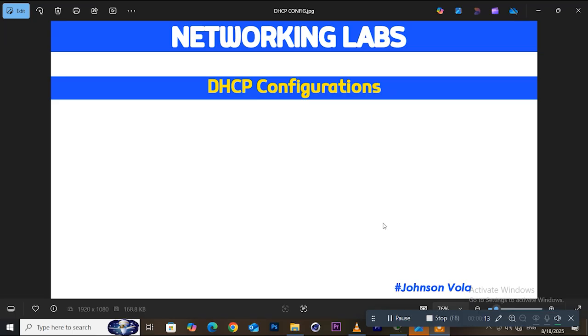And today we are going to be looking at DHCP configuration, that is Dynamic Host Configuration Protocol, whereby you automatically receive an IP address on your communication devices. What is the importance of DHCP? DHCP helps relieve you from the stress of moving from one device to another in order to configure IP addresses